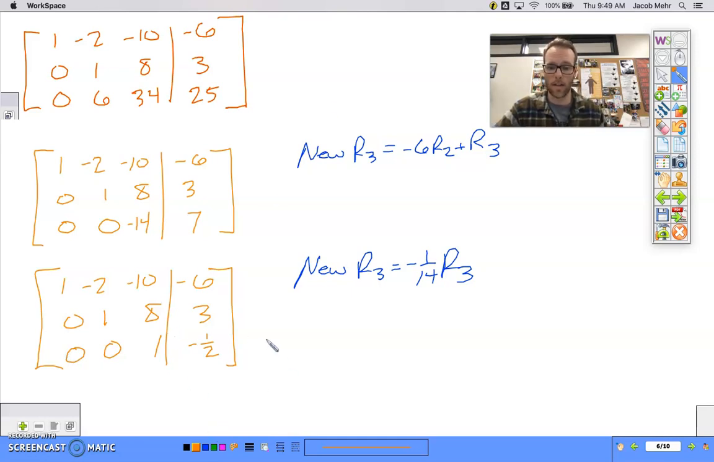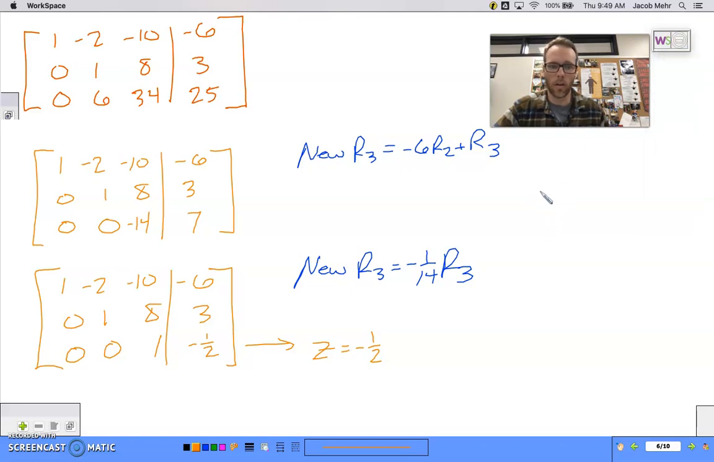So what does this tell us? From this, it tells us z, because we've got 0x plus 0y plus 1z equals negative 1/2. Now that we have that, let's back substitute it into this equation. We've got 0x plus 1y plus 8z equals 3. So when we substitute in the negative 1/2 that we now have for z, we should be able to get